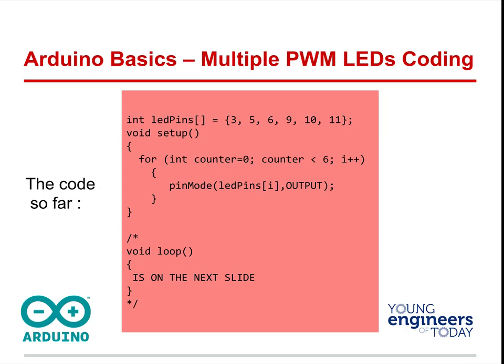Pin mode, LED pin. Since the first time through I is 0, that's going to be the same thing as, well, pin 0 on this one is 3. So that's the same thing as, instead of saying LED pins bracket 0 bracket, you're saying it's the equivalent of 3, because that's how we define it up here. We make that an output. Then the next one,